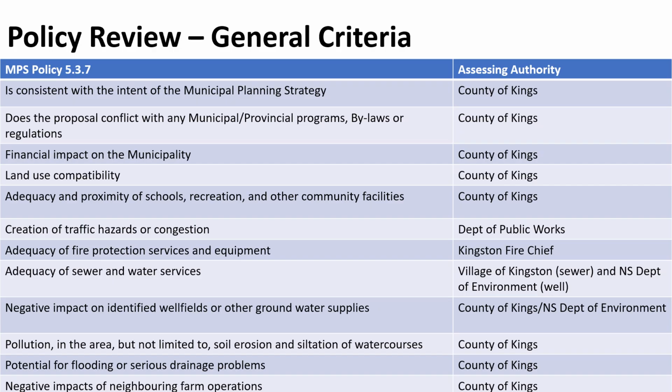The county is the primary reviewer for the majority of the criteria aside from where jurisdiction changes, such as determining if the proposal could create traffic hazards or congestion. This would be assessed by the Nova Scotia Department of Public Works as they are the owner of Main Street. Adequacy for fire protection would be assessed by the Kingston Fire Chief, and the adequacy of sewer would be the Village of Kingston. Staff also look at things like land use compatibility, adequacy, and proximity of things such as schools